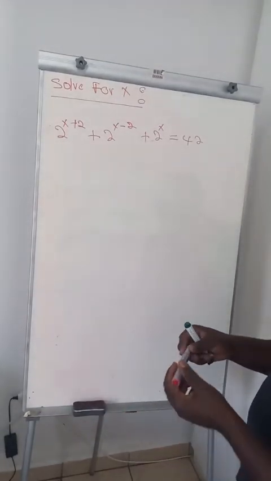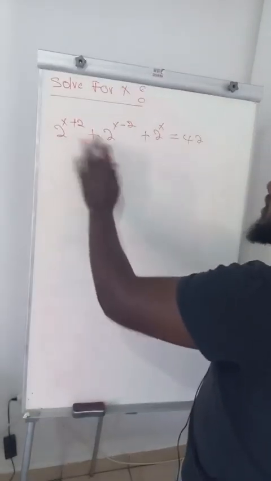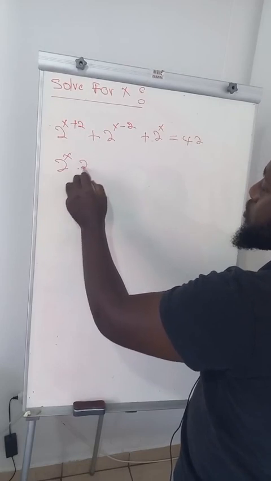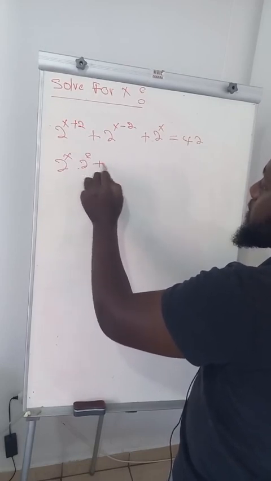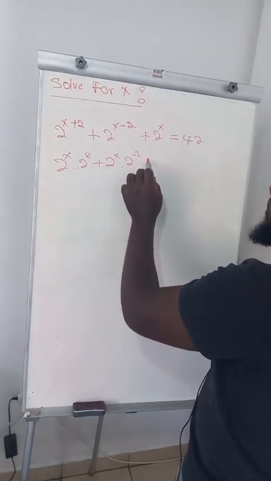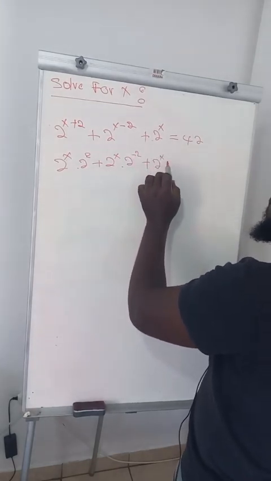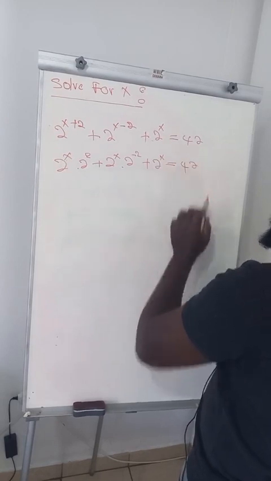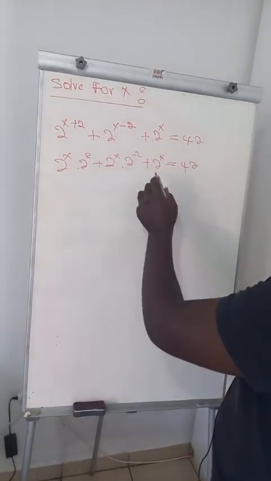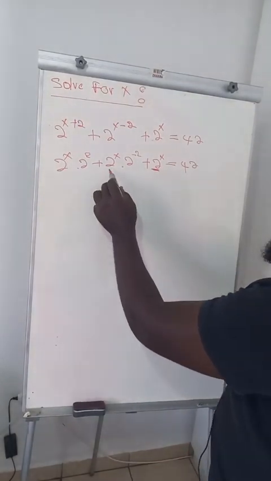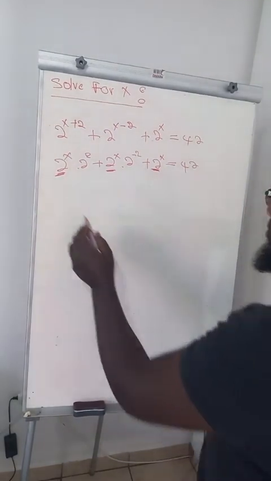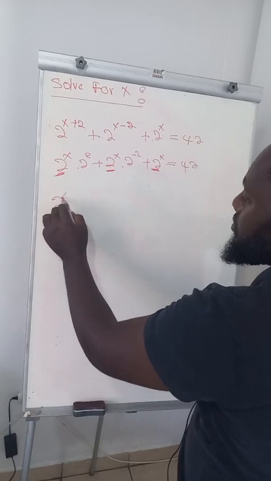So in this case, let's rewrite them in the individual forms. So we'll have 2 to the power of x multiplied by 2 to the power of 2, and then plus 2 to the power of x multiplied by 2 to the power of -2, plus 2 to the power of x is equals to 42. So once you have this now, do you see that you do have a common factor, which is 2 to the power of x? So what you need to do now, you just say we are removing the 2 to the power of x